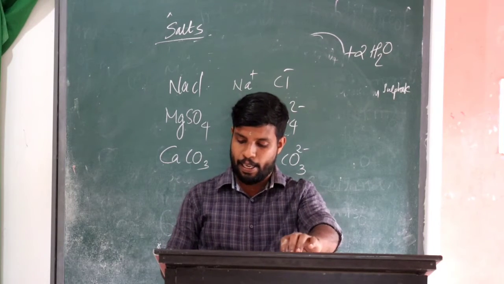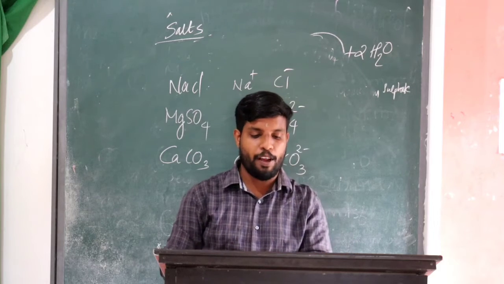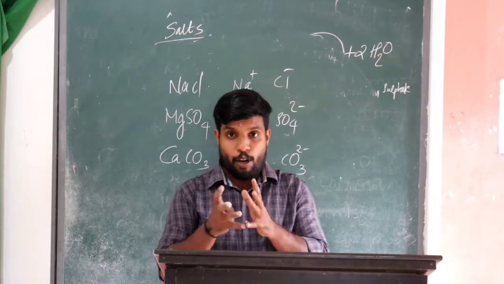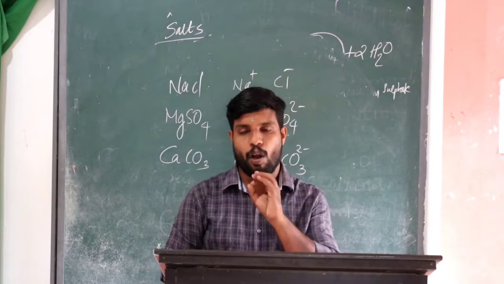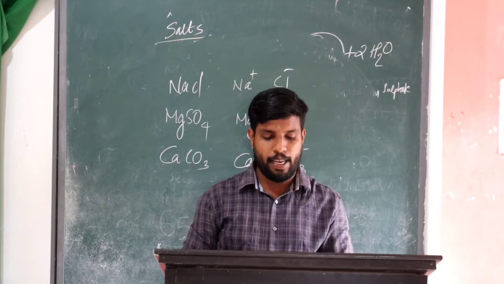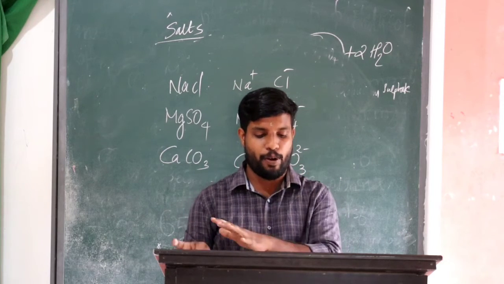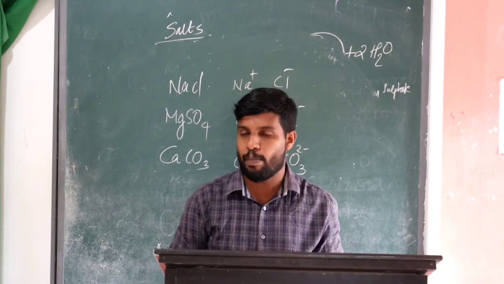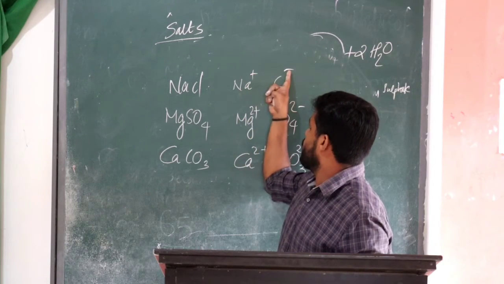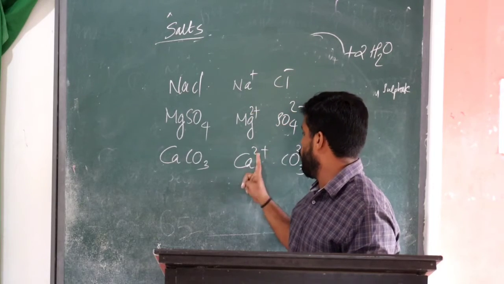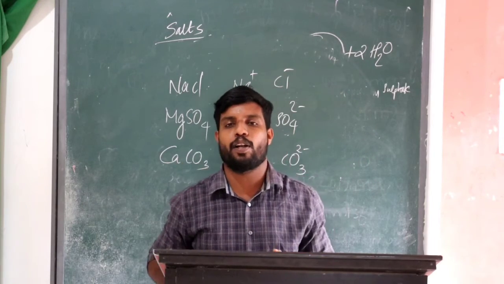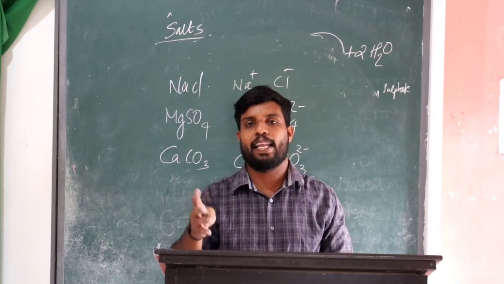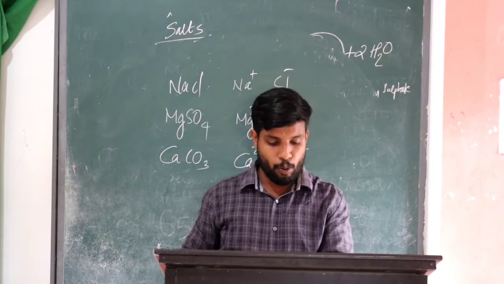Then how can you write the molecular formula or chemical formula of the salt? Salts are generally electrically neutral. The sum of the charges of the positive and negative ions in a salt will be 0. We have discussed the formation of ions and oxidation number. If you add the plus and minus numbers, it is 0. Here 2 plus and 2 minus is 0. The total charge of a salt will be 0. The salt is formed by the reaction of acid and alkali, so salt is also a neutral substance.